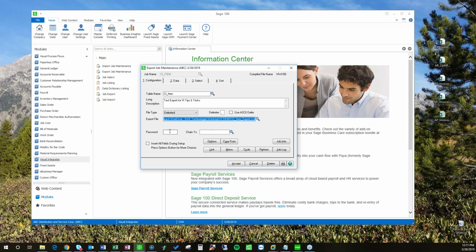A couple other things you can do. You can put a password on this. So for instance, if you don't want everybody in your company to be able to export your items, you can put a password lock on there, but we'll skip that for us. We're going to go over the chaining to other jobs a little bit later. So for now, we'll skip that. A couple other things that you may want to check on here. If you look at the options tab here,